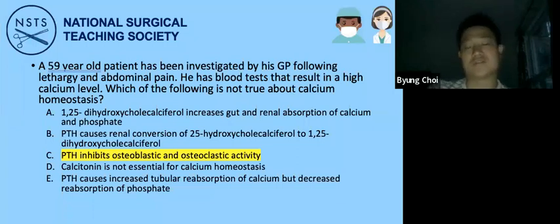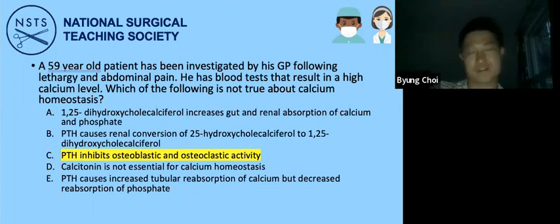But if you look at the vast majority of calcium homeostasis, it will just show you parathyroid hormone, and calcitonin doesn't have a significant impact. It can aid, but it's not an essential part of it. And I think that's maybe why, we don't know, but question writers will include this type of thing to try to trip people up. So